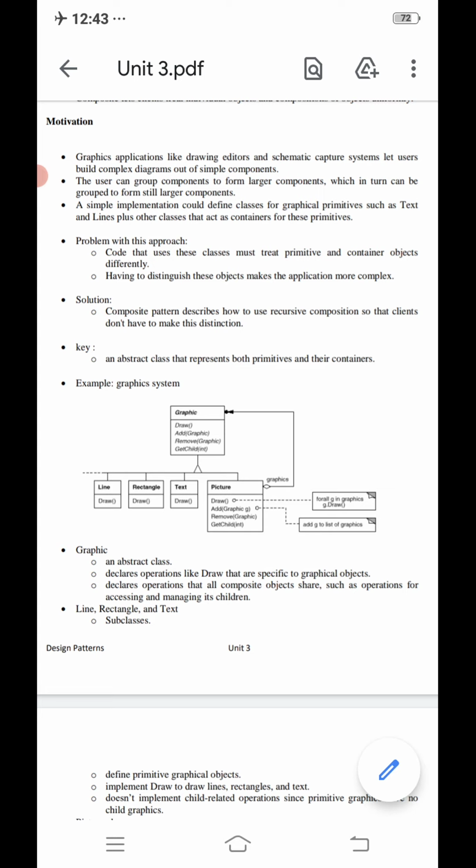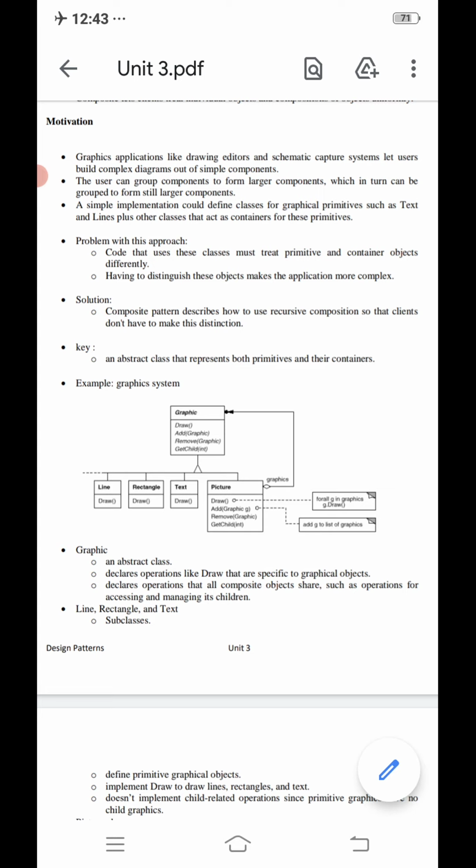The picture class implements draw to call draw on its children, and it implements child-related operations accordingly.